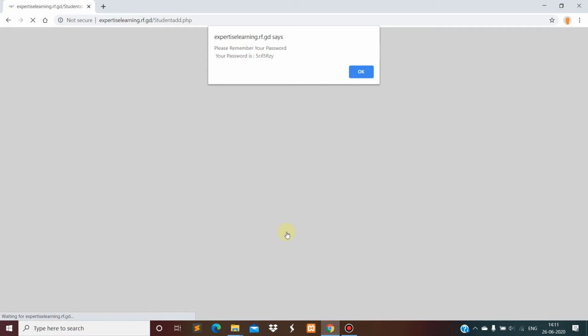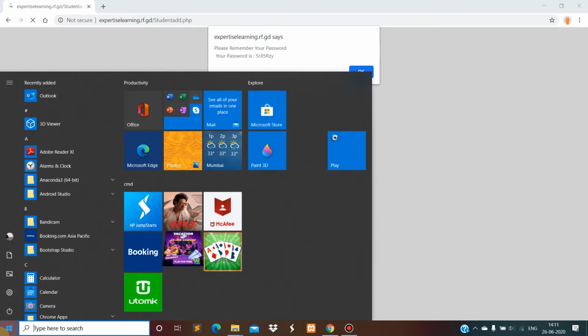After entering all the details and submitting it, we will get a unique password for that. What we have to do is just save it for our future use.